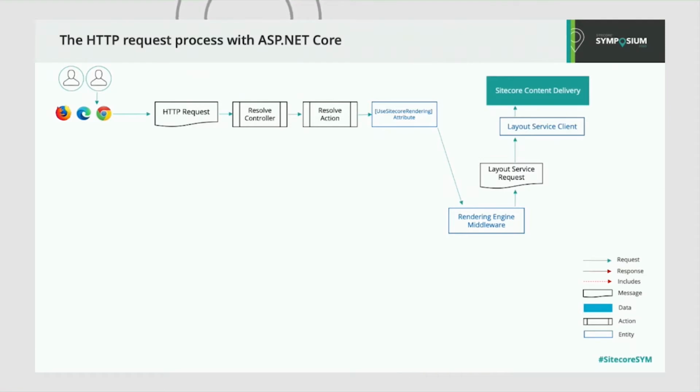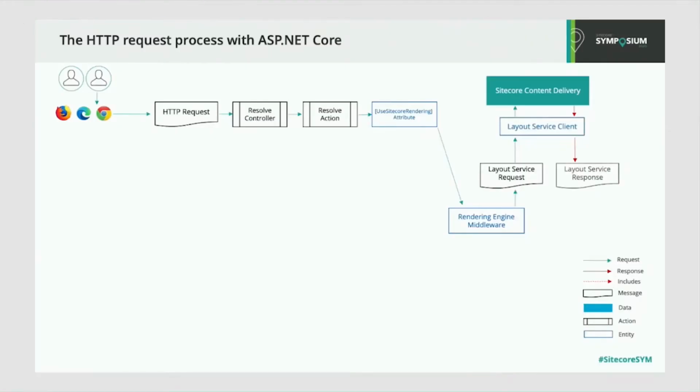So the incoming HTTP request follows the usual ASP.NET Core process of resolving a controller and action. But at some point, we need to inject the Sitecore rendering engine middleware. The typical way of doing that is to place an attribute on the controller action, which tells ASP.NET Core to add our middleware that will run before the action is invoked. And our middleware will make a request to the Sitecore layout service using values from the HTTP request, such as